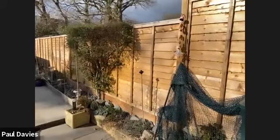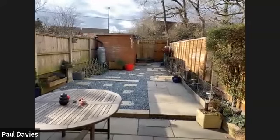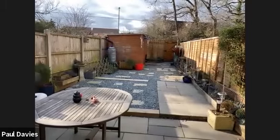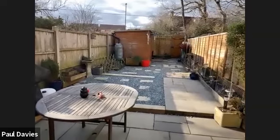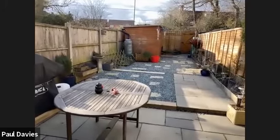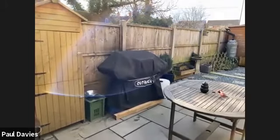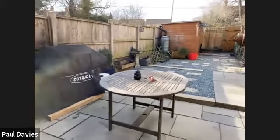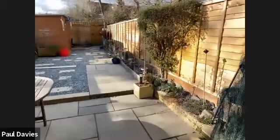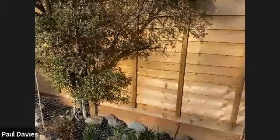So if I just show you the garden from this view. There you've got the back gate, which goes out straight onto the car parking area, where you've got your second allocated space. And then you've got a lovely patio area to sit and enjoy when the summer evenings come and you can sit out and relax. It's a good amount of space if you still enjoy the garden and want to plant some nice flowers, or maybe